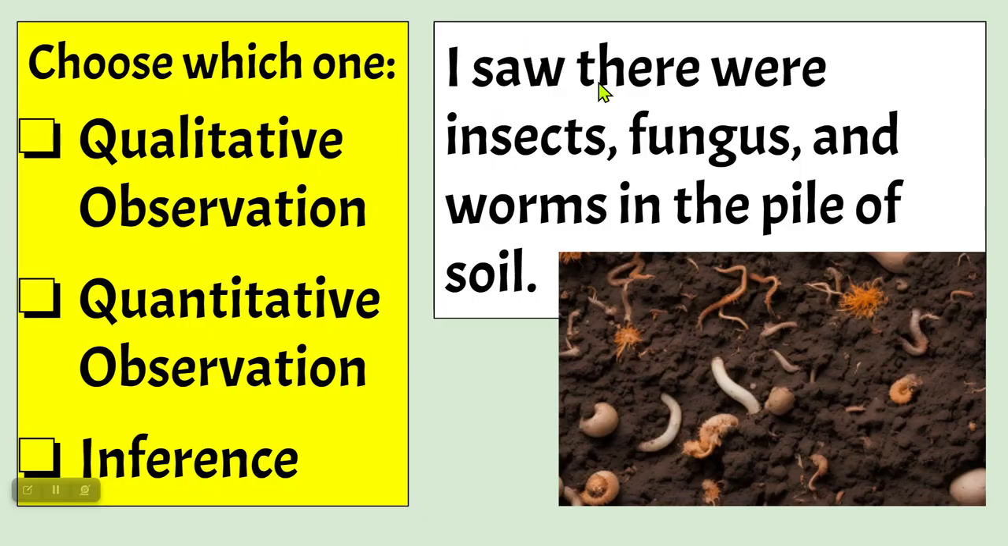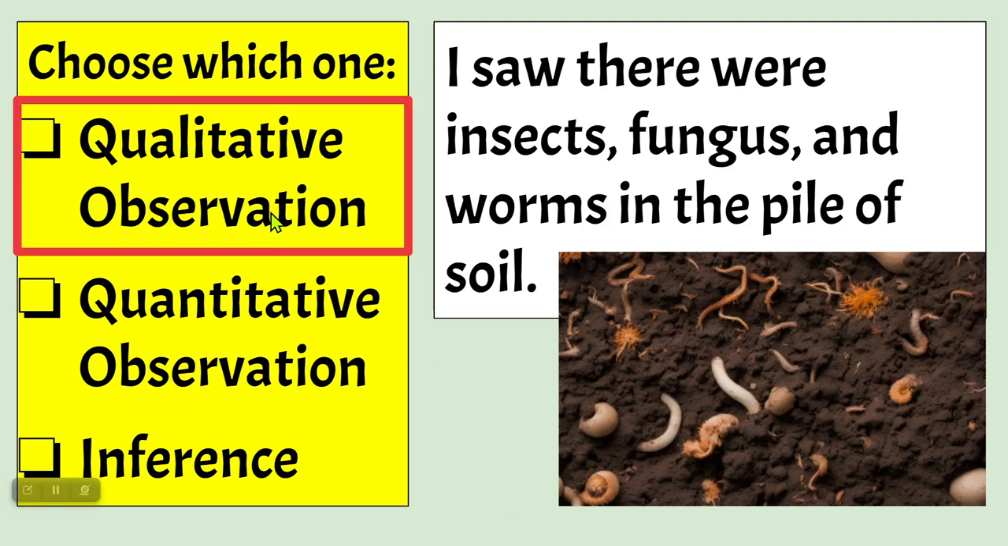All right, and now just quickly think about these things. So you can just write qual or quant or inf on your whiteboard if you want. So if the statement is, I saw there were insects, fungus, and worms in that pile of soil, which one of these is that going to be? And we're going to say that's a qualitative observation. That's what you see. Okay, you just see some stuff in that pile of soil. It didn't count anything, it didn't use any numbers,